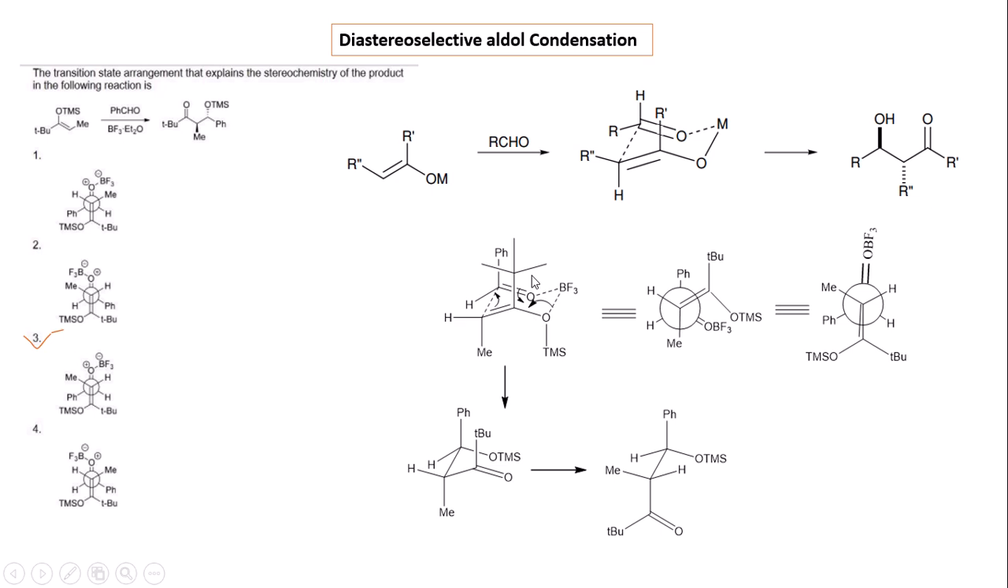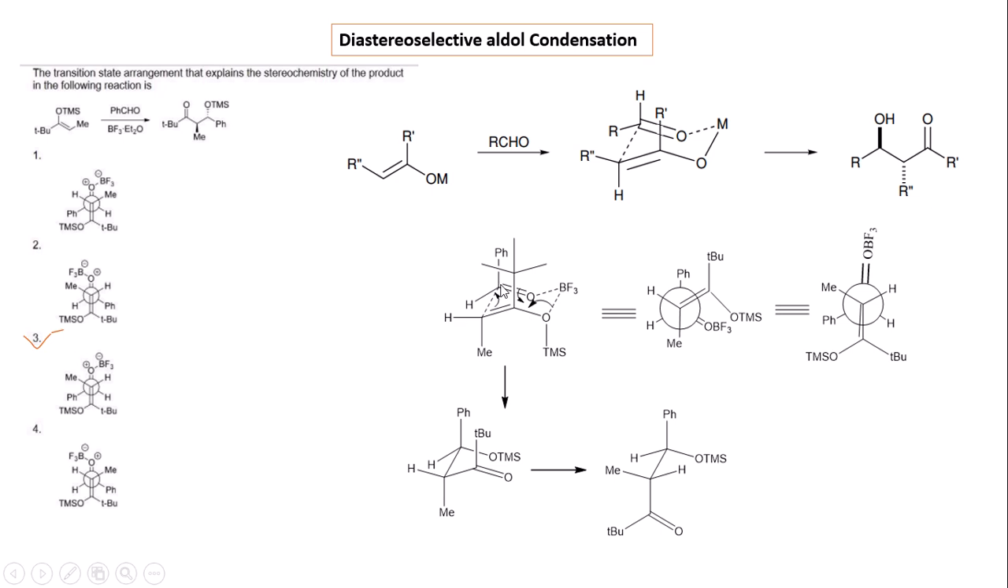And if we see the similar type of Zimmerman-Traxler model, if we project it in that fashion, the tertiary butyl group and the methyl group are present in the anti-orientation in the 6-member cyclic transition state, and if we project it in that way, and after the